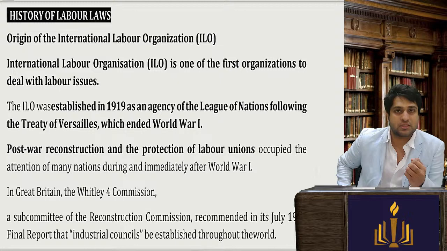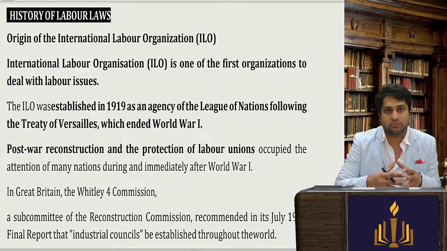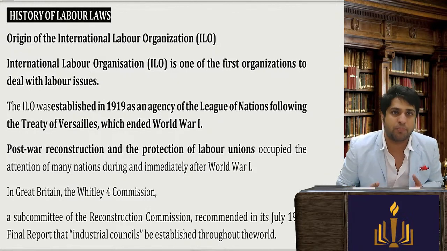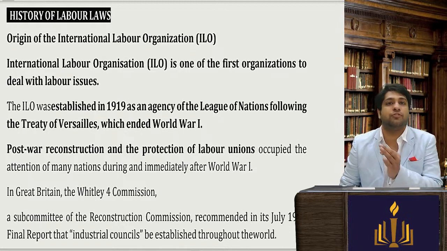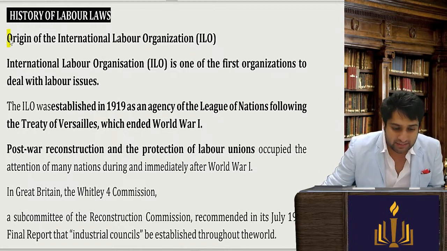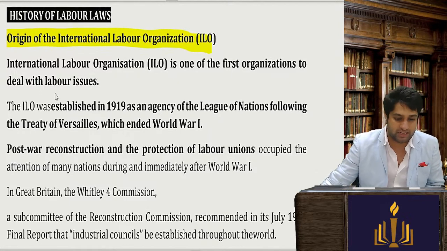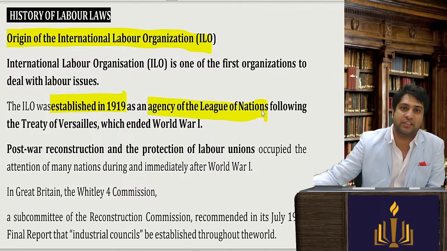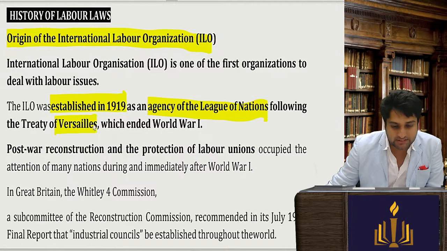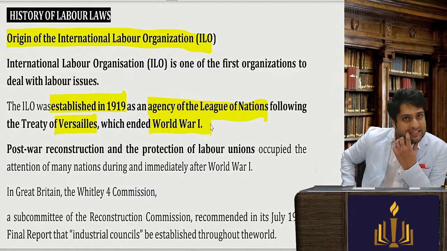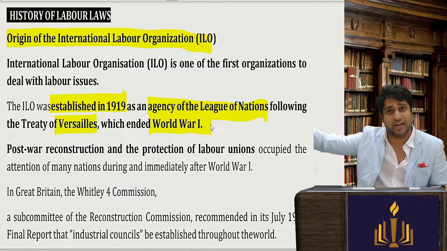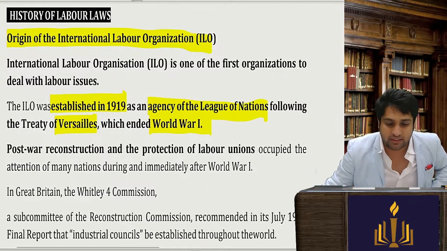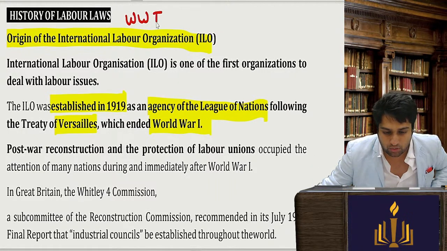Now, labor laws actually started gathering importance and formalization, proper laws, from the origin of the ILO. So the International Labour Organization was established in 1919 as an agency of the League of Nations following the Treaty of Versailles after the First World War. So what are we seeing? We are seeing how the labor code is there today, but before that we are seeing the full journey. So the journey, one significant moment, came after World War I.